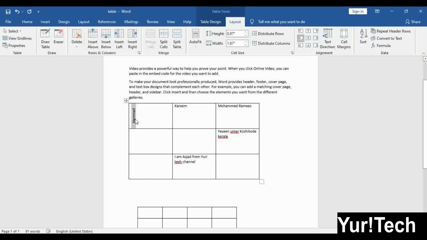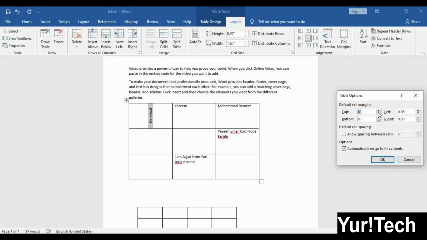Same size I changed here. Now, this is the default alignment, but if you want to create your own alignment, you can go to cell margins, and from here you can create your own alignments.